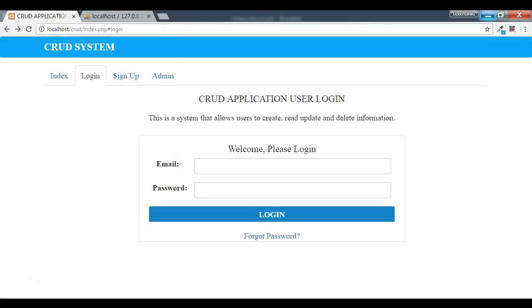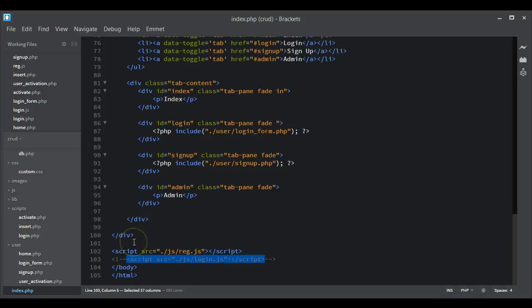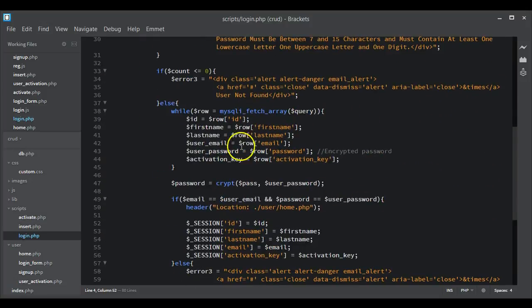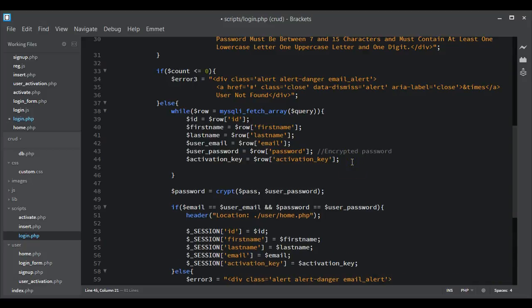So to do that, we go into our page. Before we even go to the login.php, you can comment out this login.js. Copy it and we comment it out. Then we go to our login.php. Since we are retrieving the data of the user from the database using the fetch array method, we can as well retrieve the isActive value. So we create a new variable and we can call it